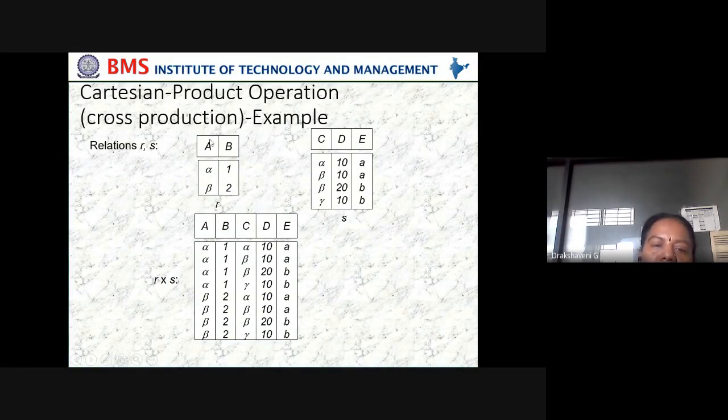Then what is the Cartesian product? This is R and this is S. Combine these two, and this is what is called R cross S. So alpha 1, alpha 1, combining both. Now take the first row of R with the first row of S, then the first row of R with the second row of S, first row from R with the third row from S, then the first row and the fourth row.